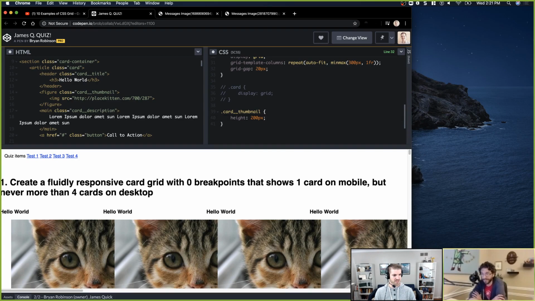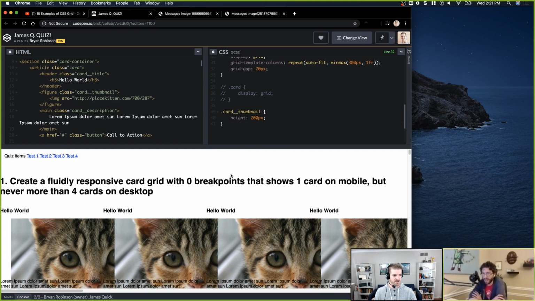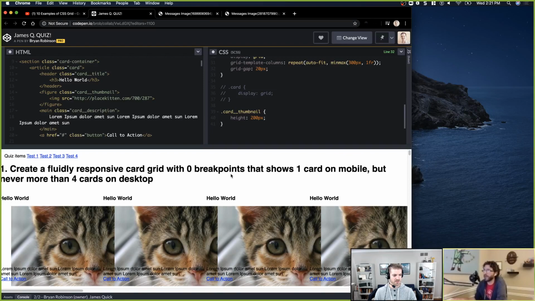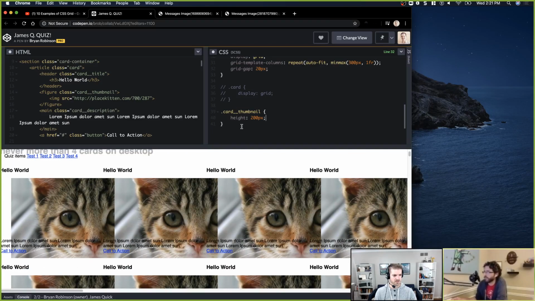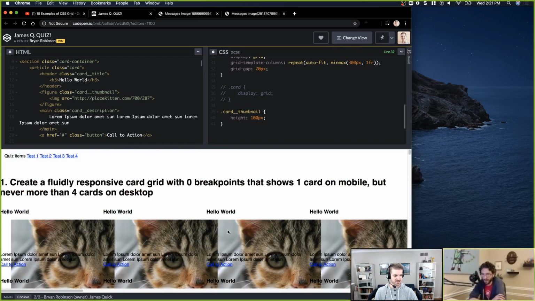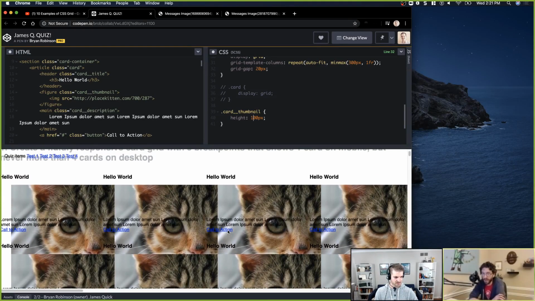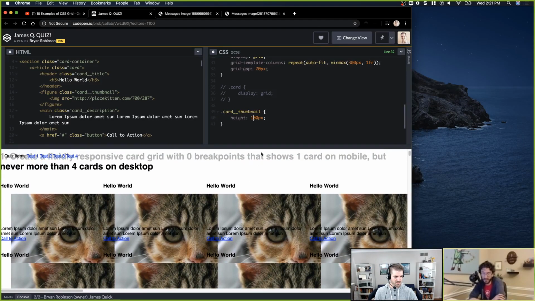I don't know if me saving anything does anything or if it just auto reloads. It's been auto reloading pretty good. Okay, card thumbnail? That doesn't seem to be changing, right? I mean, it's changing, but it's doing some weird stuff on there.